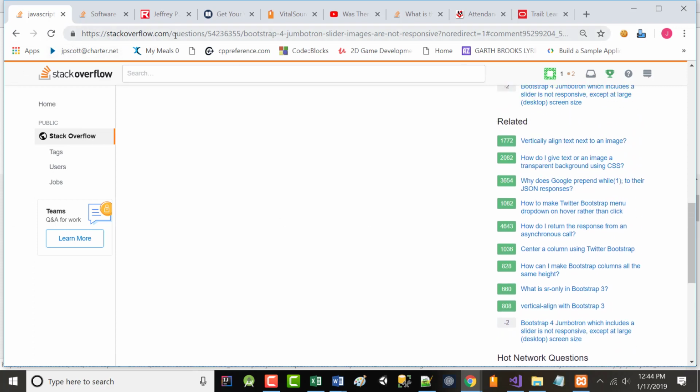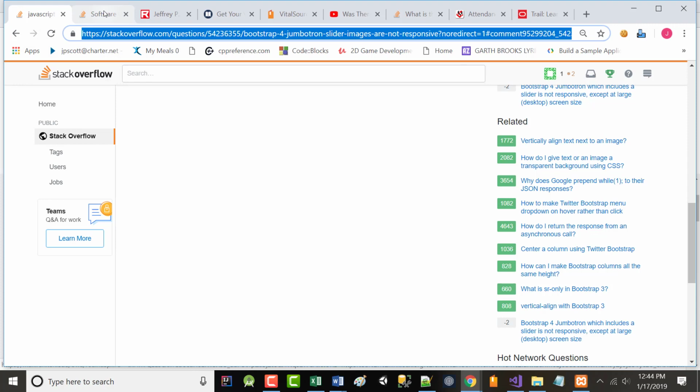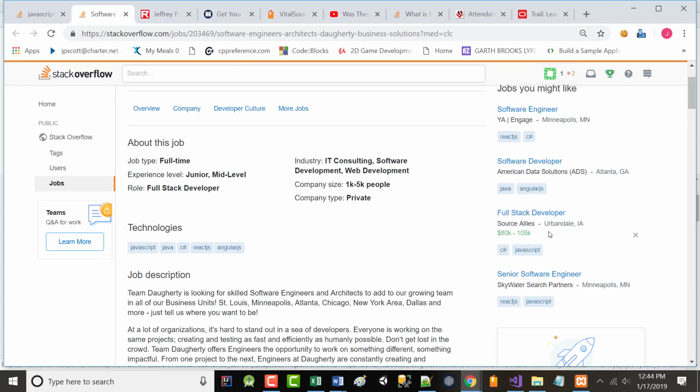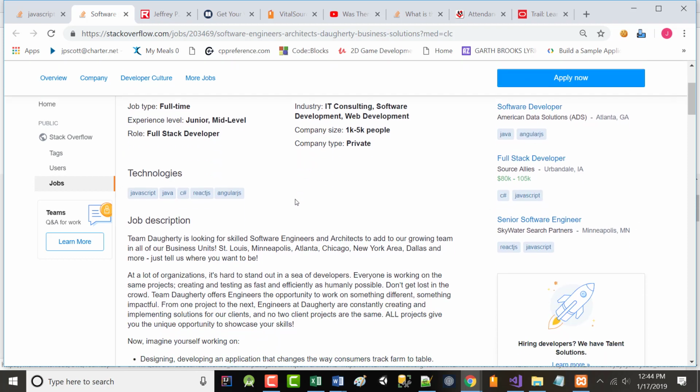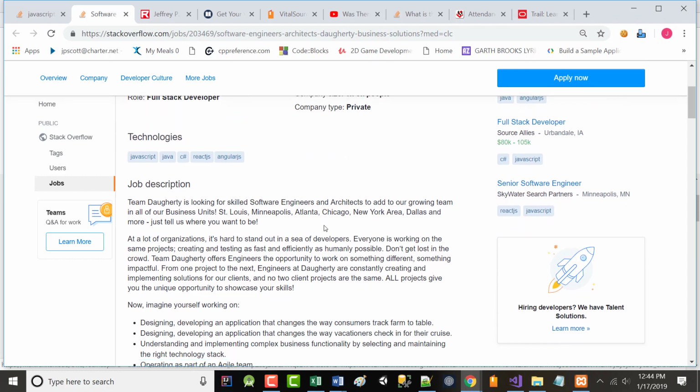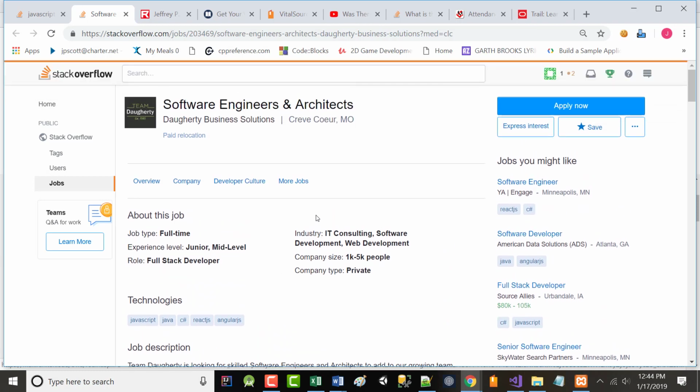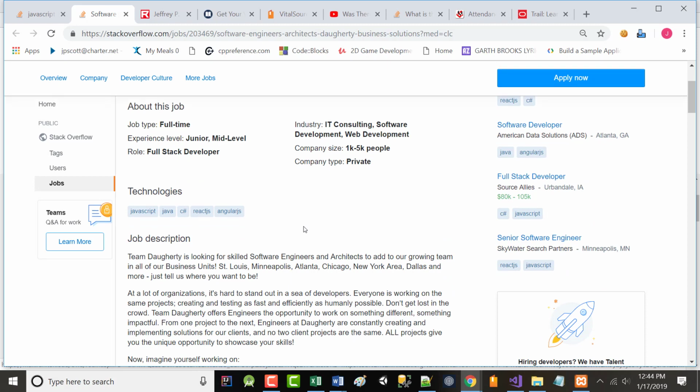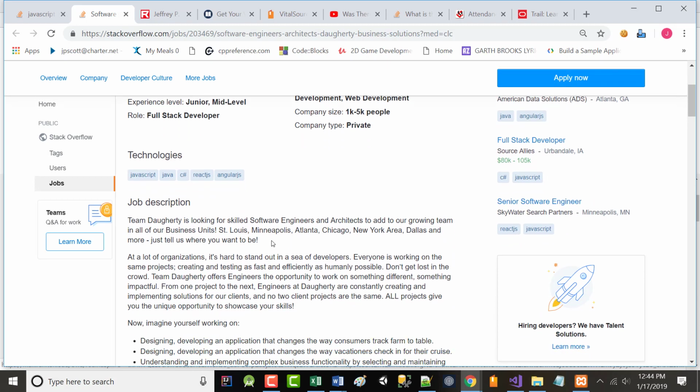But the point of all that is this. When you go out to stackoverflow.com, look on the screen, please. Along the sides now, they're starting to put job ads. I found this one today, and it's in CrevCore. Now, I'm not saying you want to apply for it now. I don't see Florida listed there, I'm sorry.